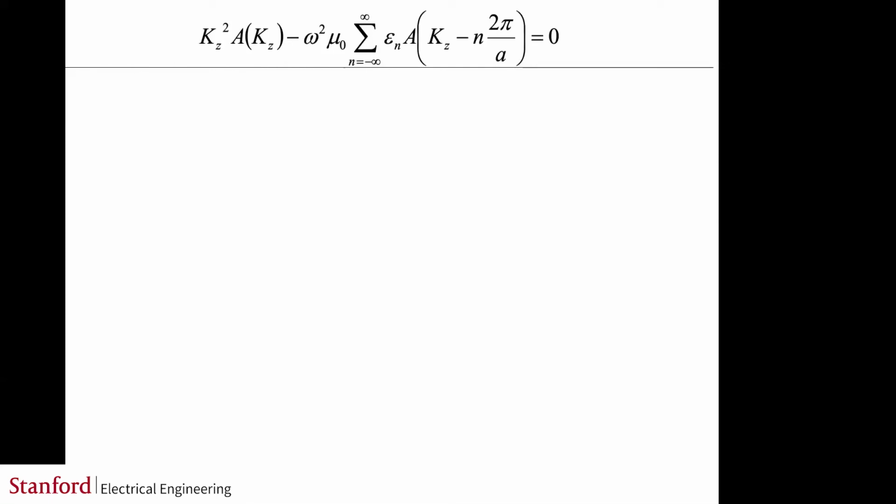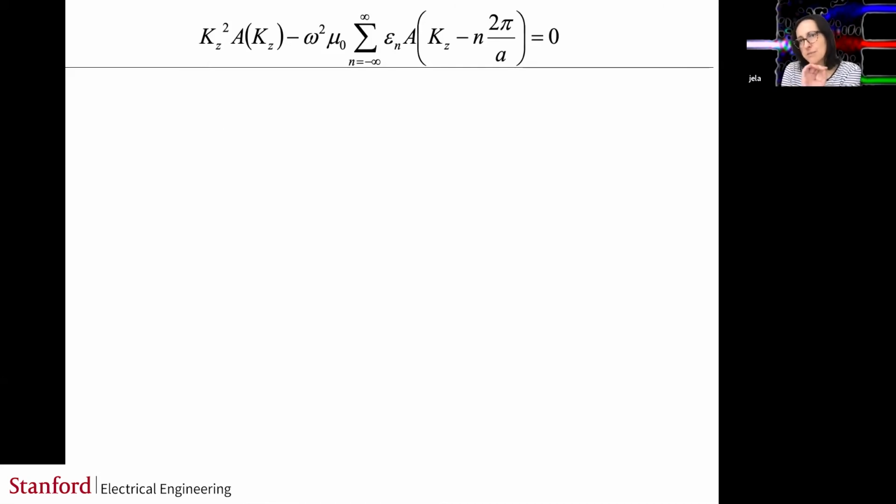2 pi over a? Exactly. So from minus pi over a to plus pi over a, right? Or from 0 to 2 pi over a. It doesn't matter. It's 2 pi over a of width, and you can pick any width you like, but generally we go from minus pi over a to plus pi over a, okay? So then you can pick any k from minus pi over a to plus pi over a,